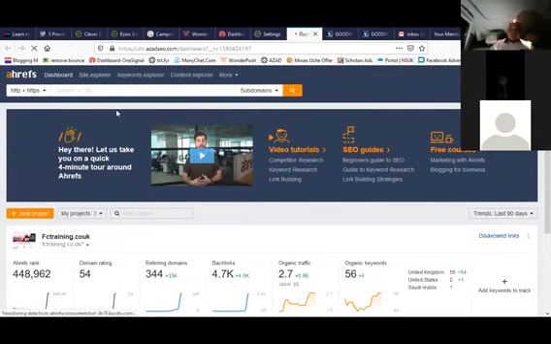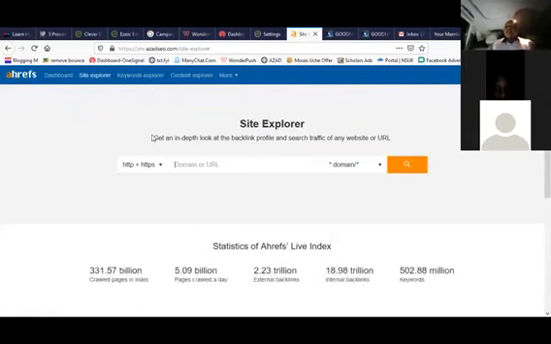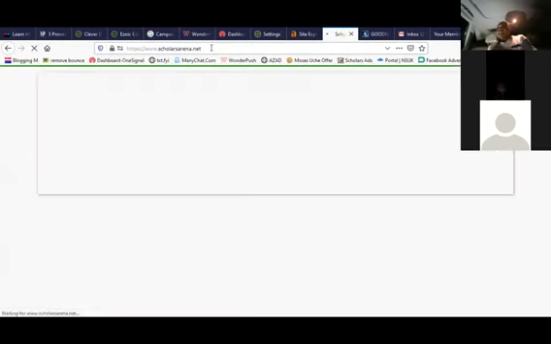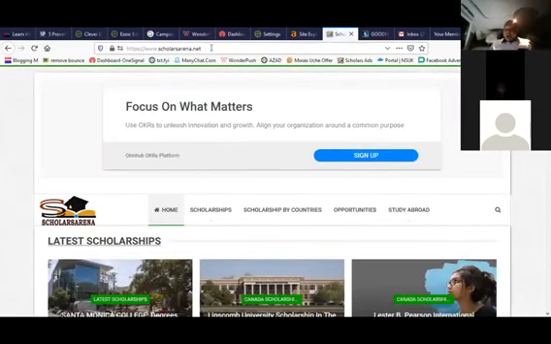So you click on Site Explorer. When you get to Ahrefs, click on Site Explorer, S-I-T-E, then Explorer. When you do that, remember what I taught you about getting keywords that people are searching for. I taught you that if you want to get keywords that people are searching for, go to Google and search for the top 5 or top 10 people in your niche, either in Nigeria or in the world or in the USA, wherever.